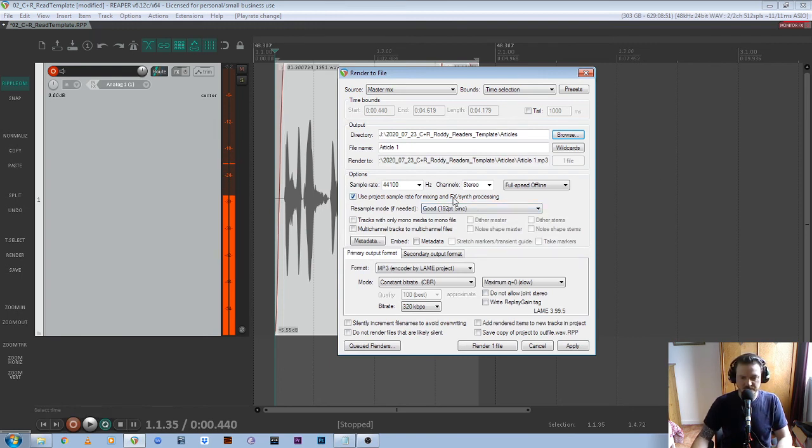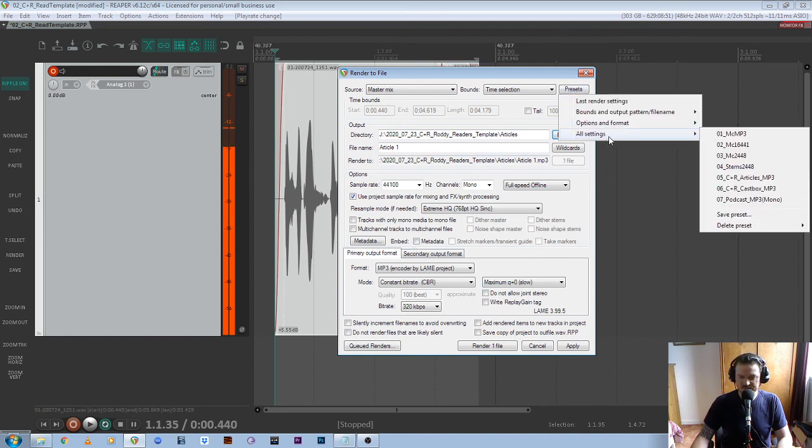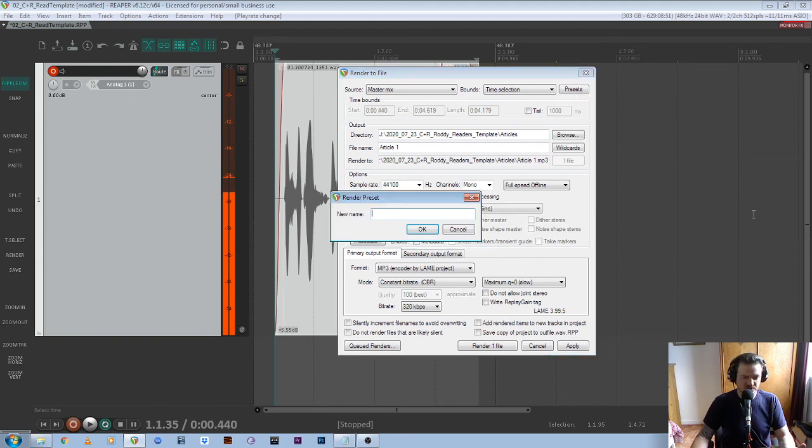Okay, now our next setting will be 44.1, and it will be mono. Make sure this says full speed offline. Resample mode should be extreme, HQ. It should be an MP3 at constant bitrate, 320 kbps, and this should be set to maximum as well. Now, once we've got all these settings that we want to use, you can save it as a preset. So if we go to preset and go to all settings and hit save preset, we can call it anything we want. So let's call it a